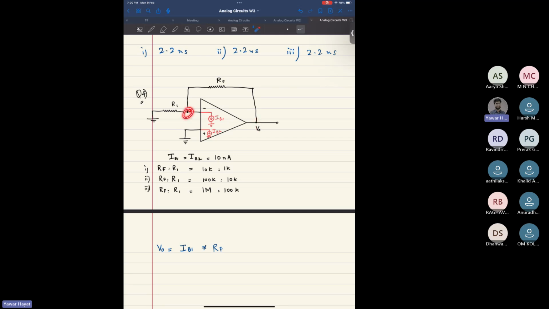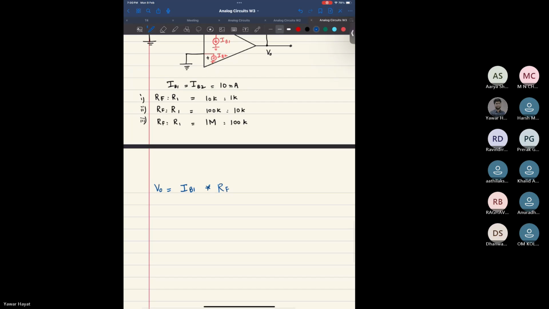This is virtual ground, right? So V output, this is V naught minus 0 divided by RF is your IB1. So by that, V output has to be equal to IB1 times RF. I hope it's clear. So, I mean, it's given that your IB1 is what? 10 nano,